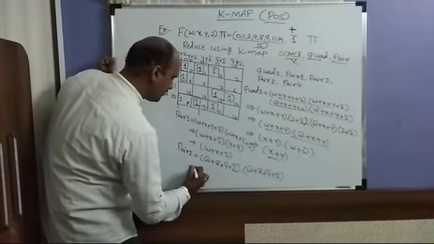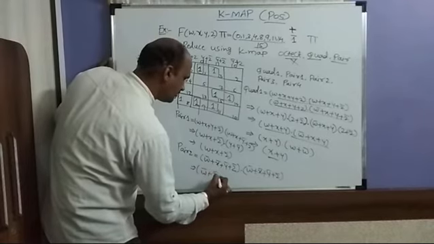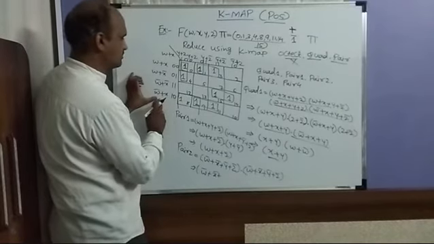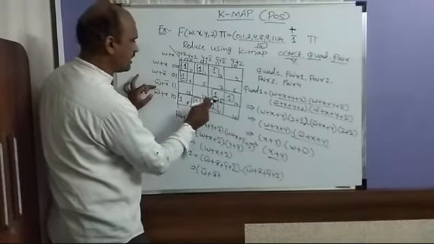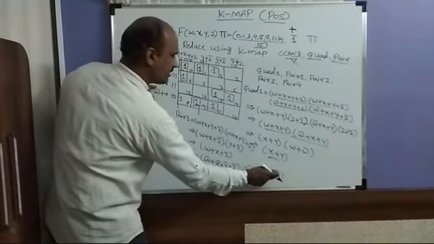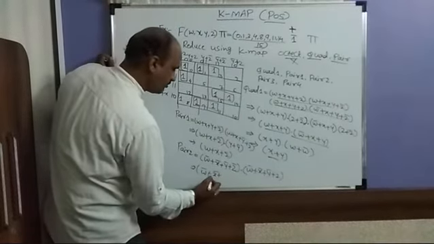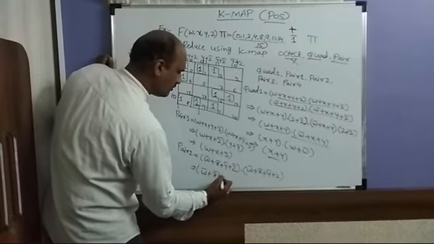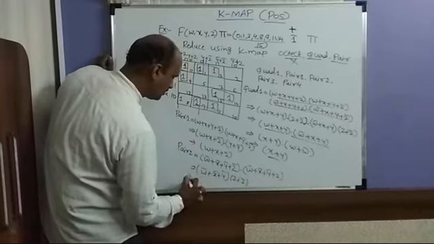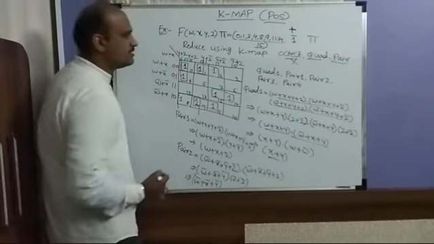So again take the common: w bar is common, x bar is common, and for w bar plus x bar and y bar plus z bar, not z bar here, for this it is y plus z. See, w bar is common, x bar is common, y bar is common, and what remains is z plus z. So what you got? W bar plus x bar plus y bar for pair 2.